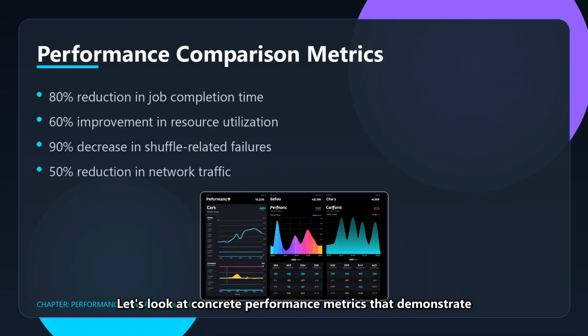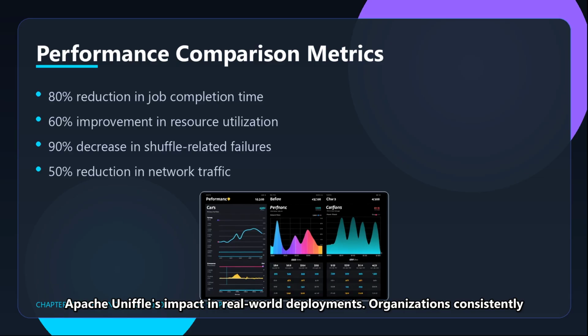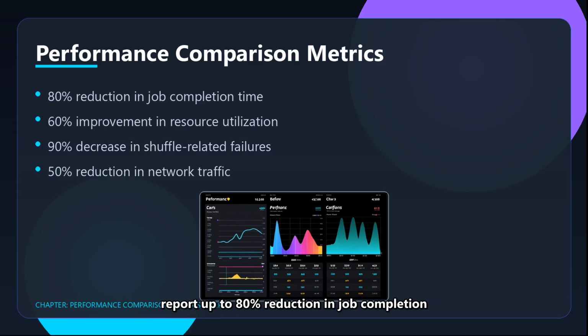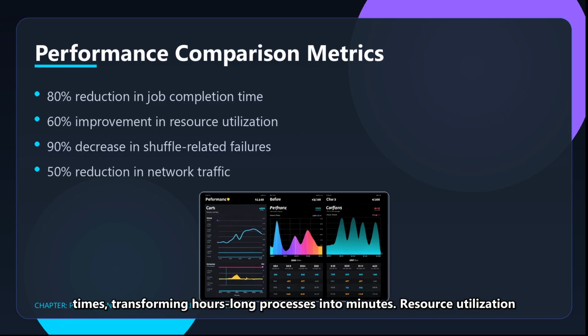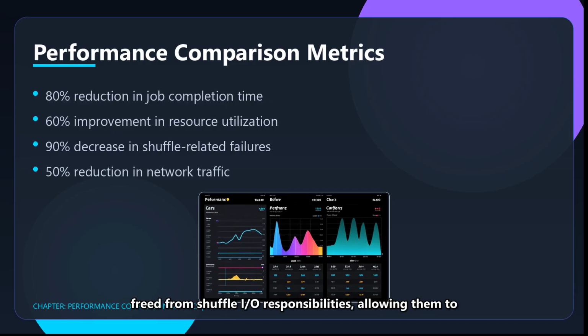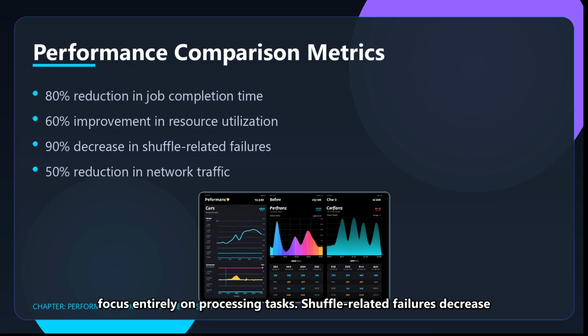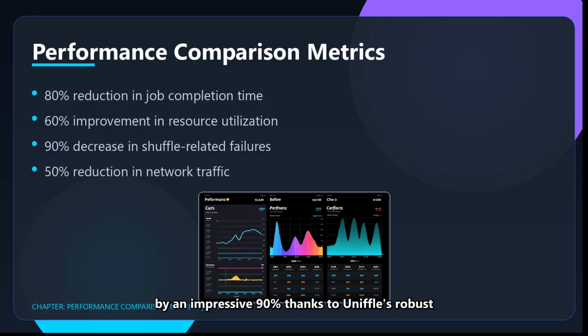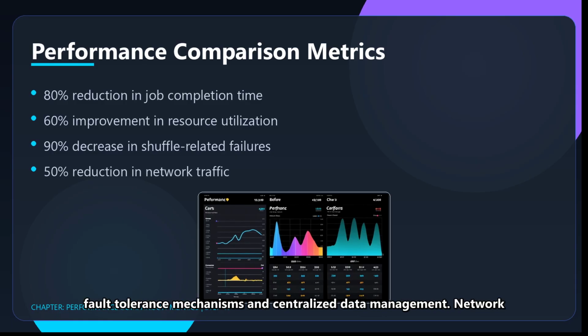Let's look at concrete performance metrics that demonstrate Apache Uniffle's impact in real-world deployments. Organizations consistently report up to 80% reduction in job completion times, transforming hours-long processes into minutes. Resource utilization improves by approximately 60% as compute nodes are freed from Shuffle I/O responsibilities, allowing them to focus entirely on processing tasks. Shuffle-related failures decrease by an impressive 90%, thanks to Uniffle's robust fault tolerance mechanisms and centralized data